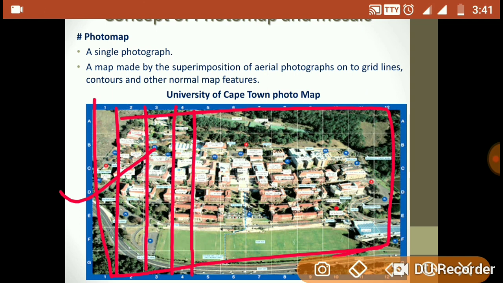Ultimately, a photo map is a single photograph which is demarcated or represented by different grid lines, contours or any other map features, and then that aerial photograph is known as a photo map.